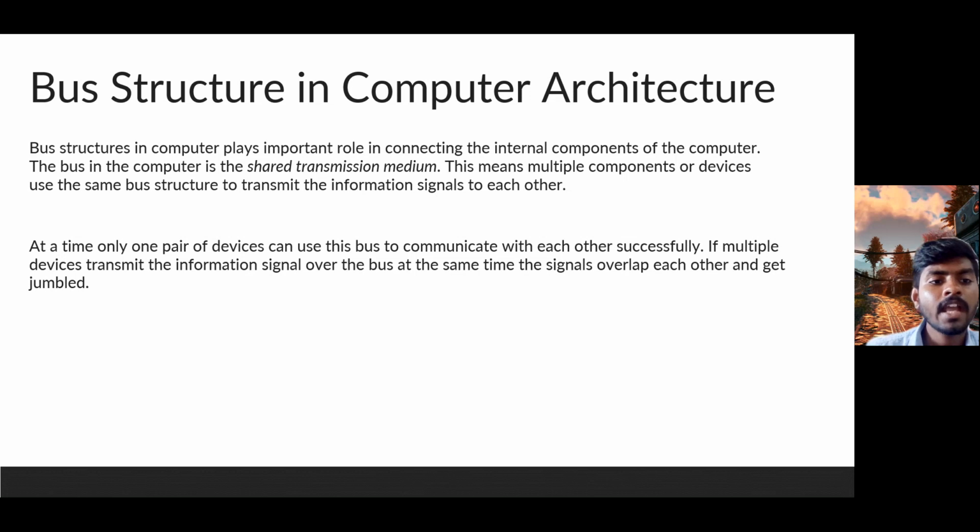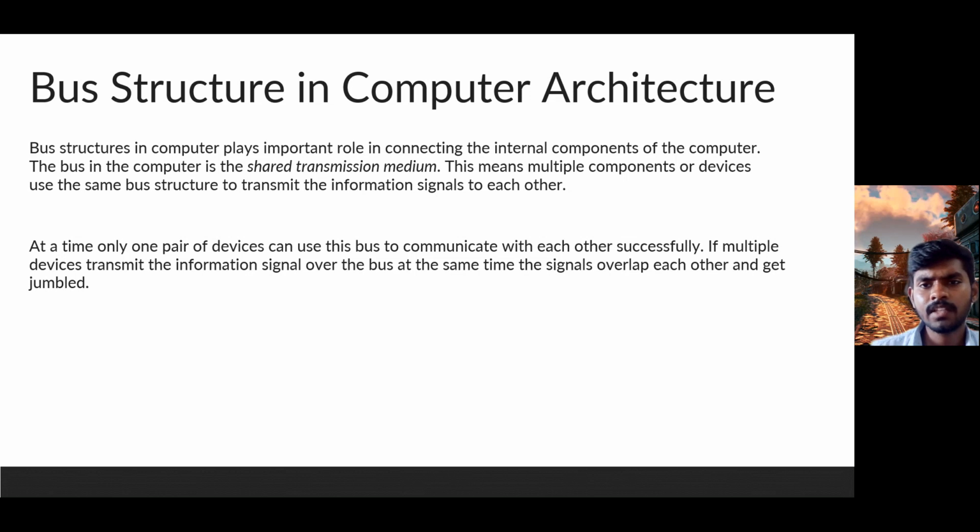At a time, only one pair of devices can use this bus structure to communicate with each other successfully. If multiple devices transmit information signals over the bus at the same time, the signals overlap each other and get jumbled. So the precaution to be taken is that only a single pair of